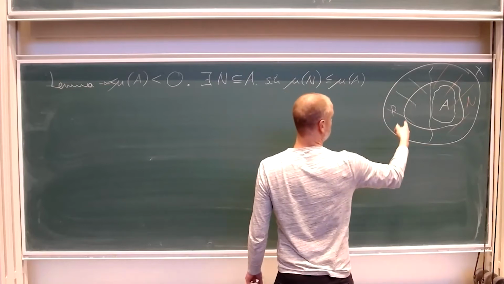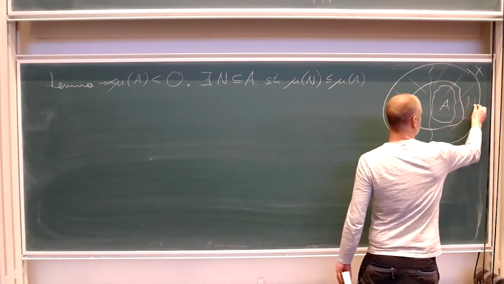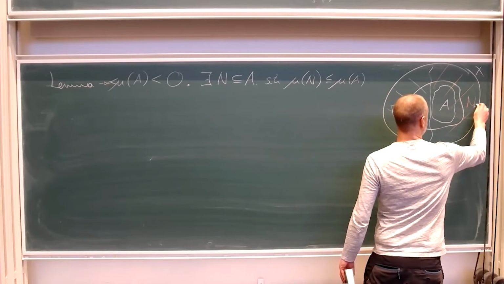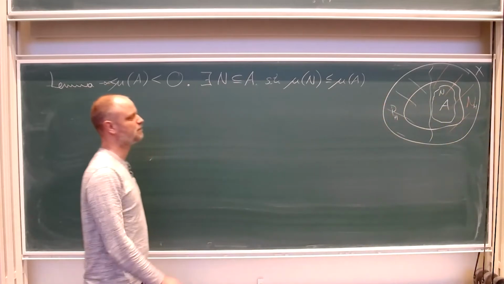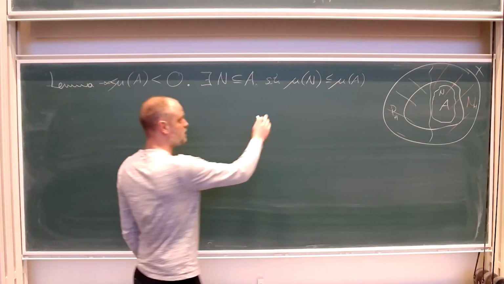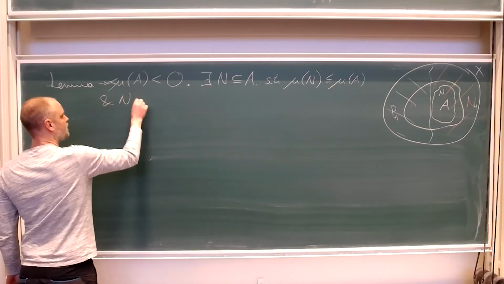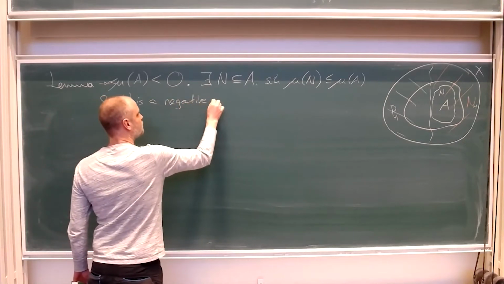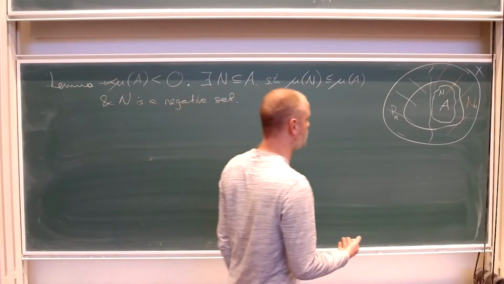Now, this is the N from the Hahn decomposition. So maybe I call it NH and PH, so you don't get confused. And now this is the N that the lemma gives me. Right, so we have this, and N is a negative set. And the way we're going to do it is actually,